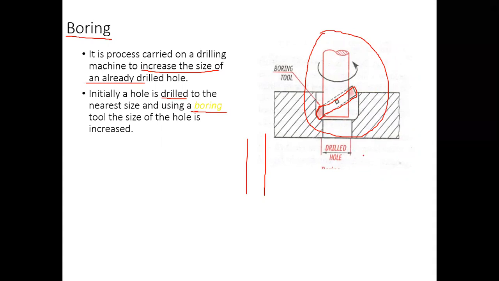The only thing different in boring is that here the workpiece is stationary and the tool is rotating. So this is stationary and this is rotating. In the lathe, this is rotating and this is stationary. That's the only difference. So the single point cutting tool is cutting the internal features. Here you're making hollow features, whereas in the lathe you're making a solid. Here you are making a hollow. That's the only difference. Further details about the boring machine, maybe we can discuss in the next class.